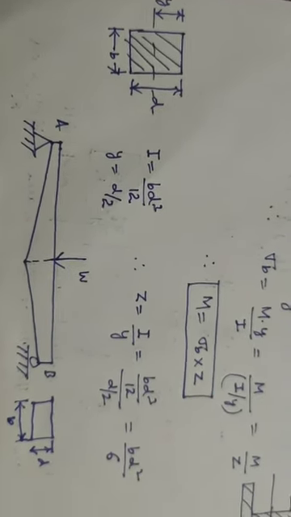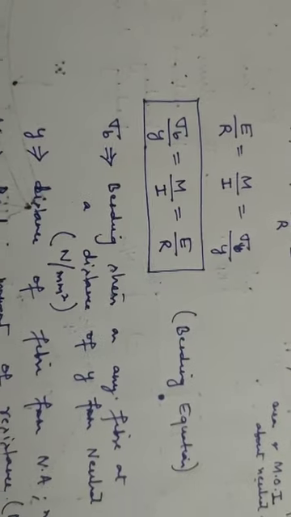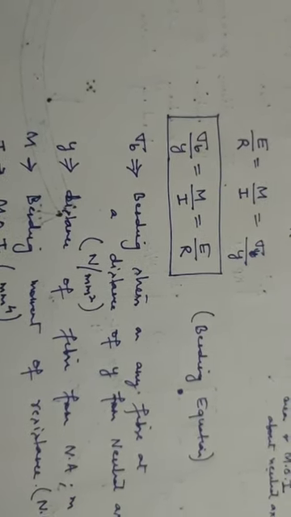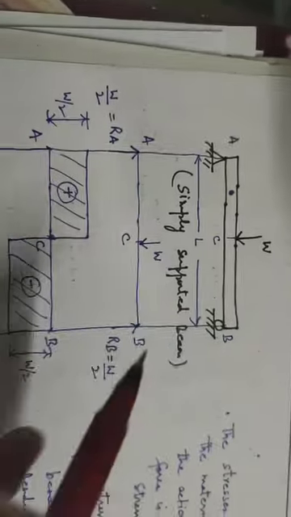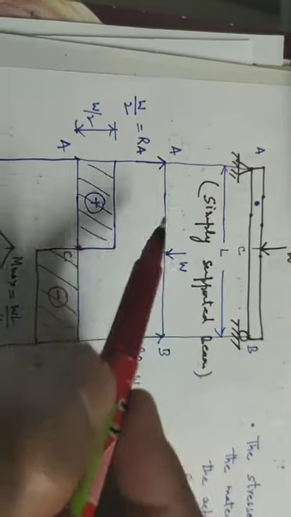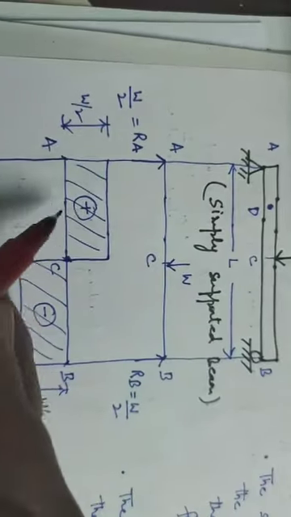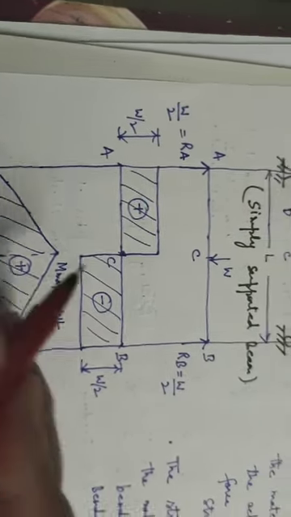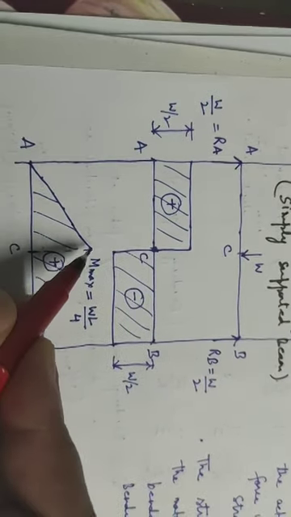So this is the concept of bending stresses by using this bending equation. Now you will try to solve various equations and various numericals based on this bending equation. One thing more: if we consider any point, let us suppose we consider point D, at point D you will have both shear stress and bending stress. But if you consider point C, at point C there will be no shear stress, we will have only the maximum bending stress.